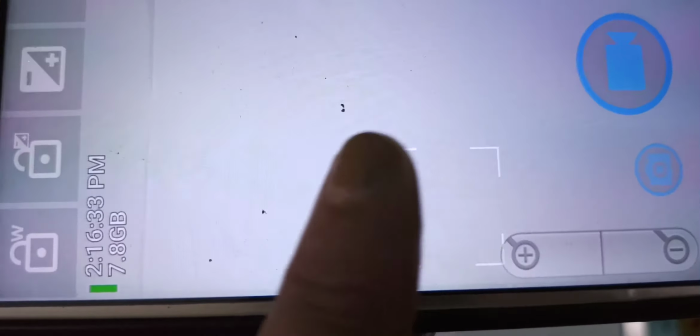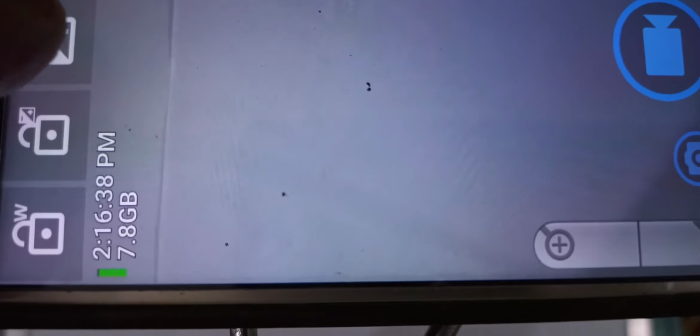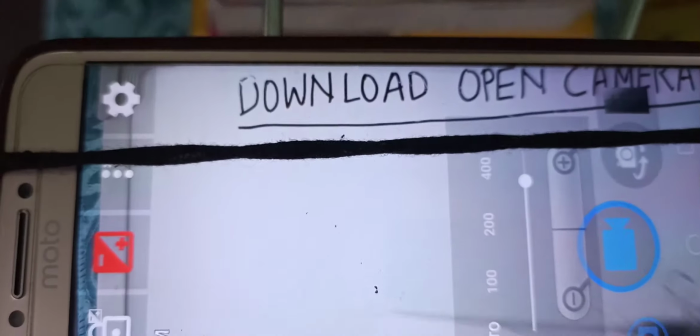This is the whiteness and darkness control button. So you can increase or decrease the brightness, and you can check whether the content written on your paper is easily visible or not.